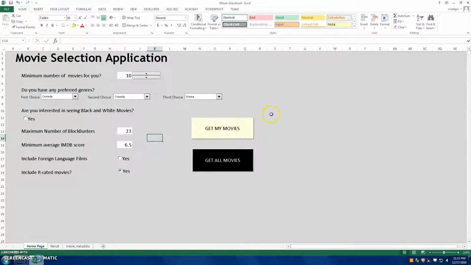is go through the movie database and apply Solver to figure out which movies best meet your criteria. It's going to select the minimum number of movies that meet your criteria, which will probably be over the amount of movies that you selected up here, but by the barest minimum to meet the requirements. I coded it in such a way